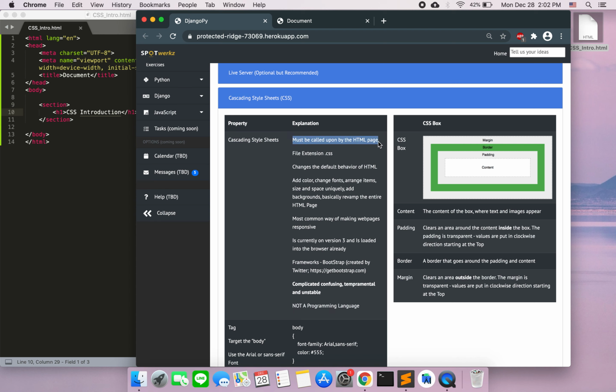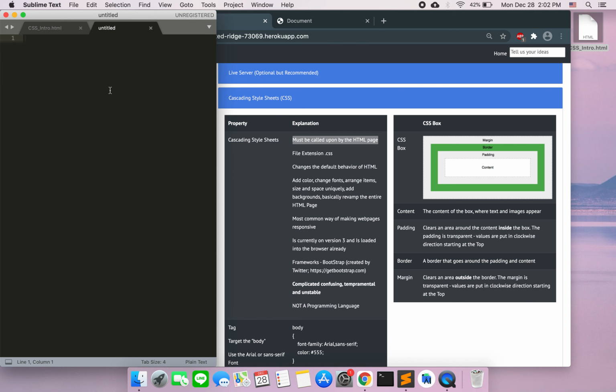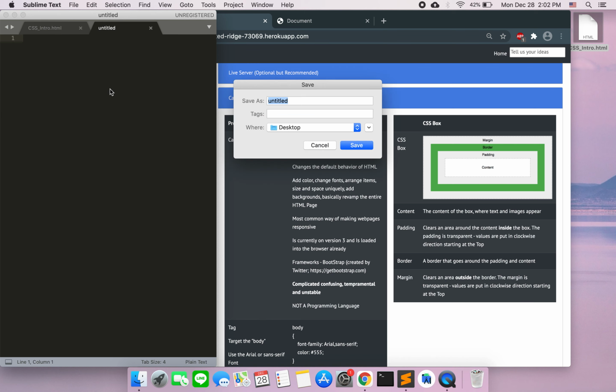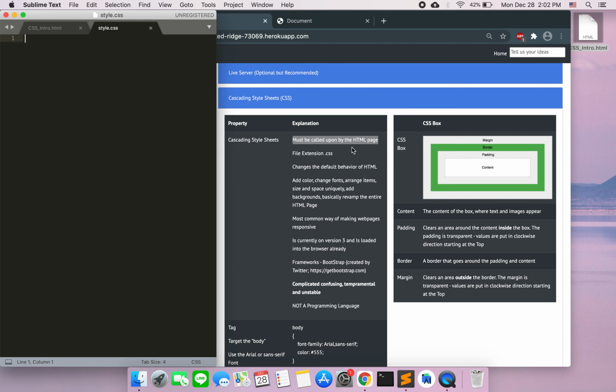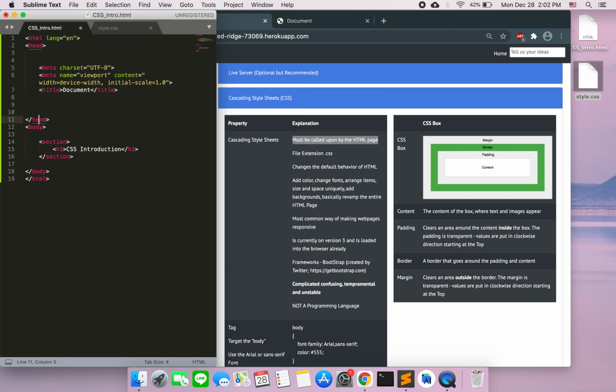So now, as we saw before, เราจำเป็นต้องเรียก CSS file จาก HTML. So จะสร้าง CSS file. So I'm going to create this one as my style.css, and again I'll save it to the desktop. So now I have style.css here. Now in my HTML and in my style, how do I link these two together? เชื่อมต่อทั้งสองไฟล์นี้อย่างไรครับ